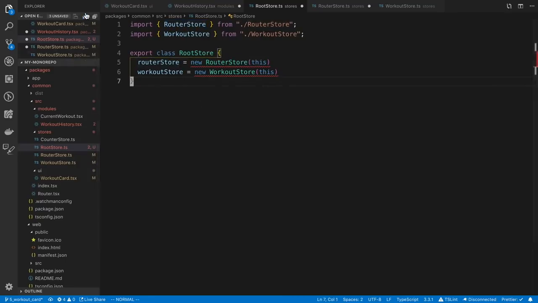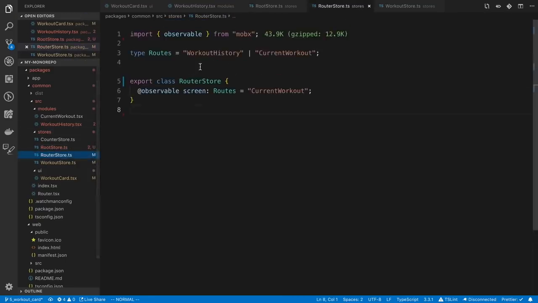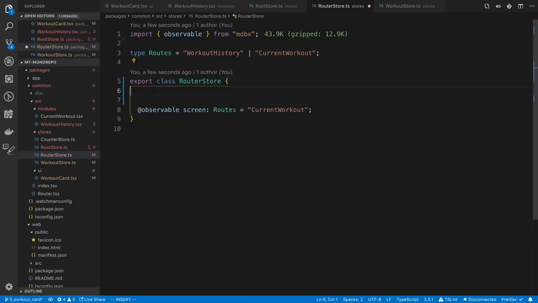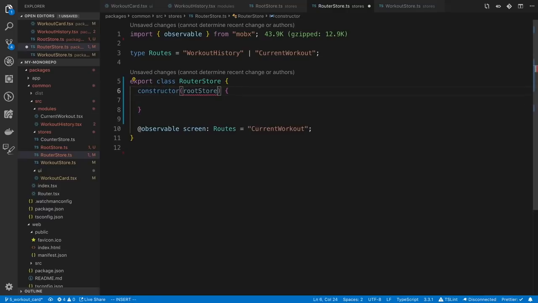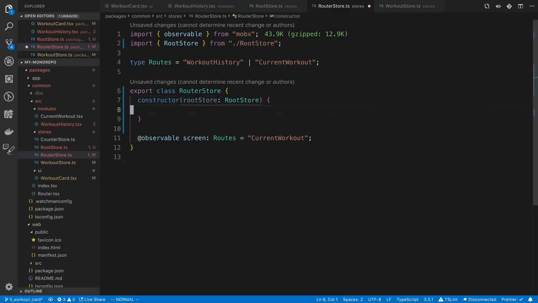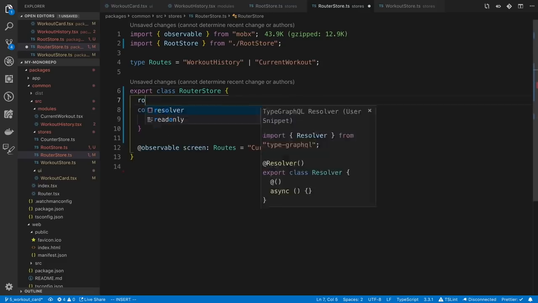So let me just save all these files, come over to router store, and here we're going to say constructor, and here we're going to take a root store as the prop, or really this is just the first parameter of the constructor. We're going to say root store. I'm going to say this.rootStore is equal to root store. And so what we get from this, well, actually, let's add the type up here. So root store